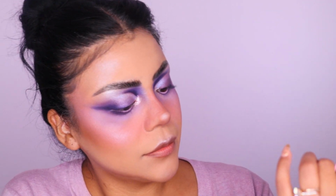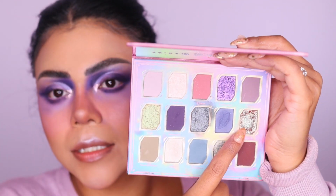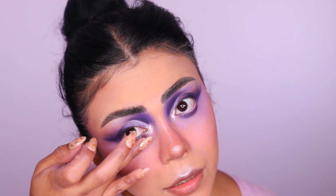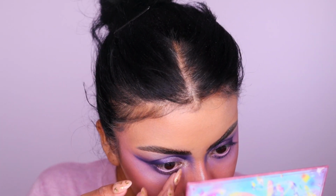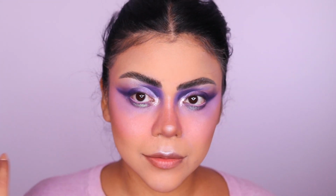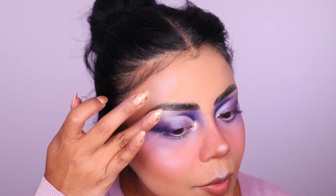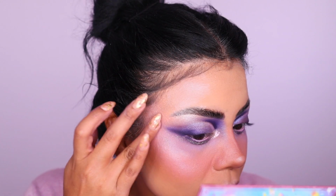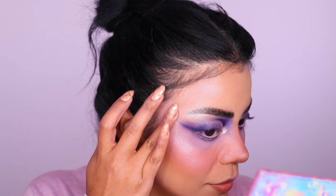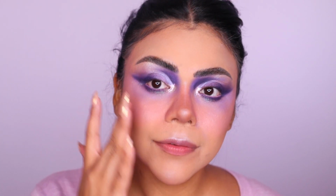And now I'm taking a duochrome shimmer topper, Rhapsody in the Jewels and Gem palette. Just taking that on my finger and just tapping that on my lower lash line. And I'm not being too precise with this, kind of even dusting it onto my cheek, my under eyes. I'm gonna even take that on my brow bone, just lightly tap it, and onto the tops of my cheekbones. Give a little sparkle. Okay, I'm gonna add lashes, and then I think I want to add some flowers,